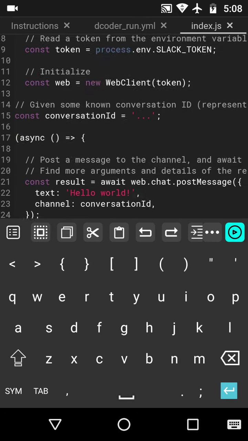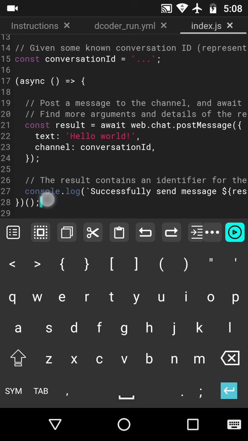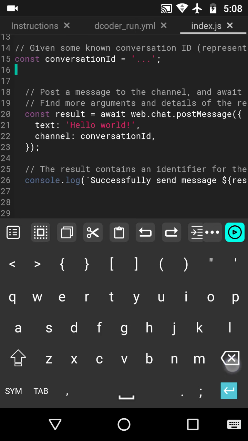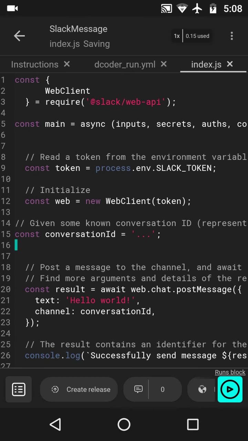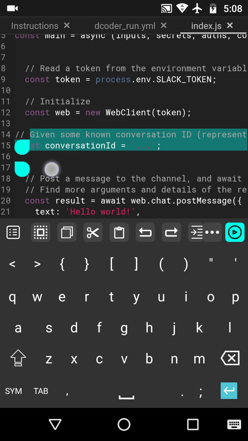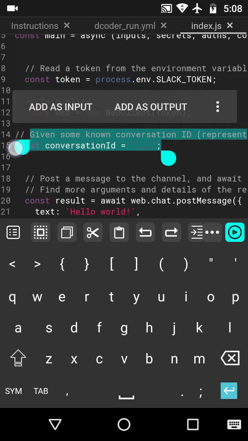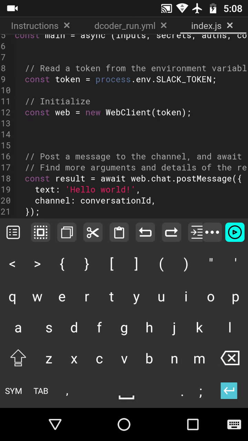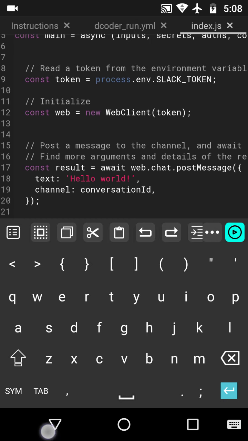And I'm going to paste this code over here. We don't need this async function inside, so let's just remove that. Okay, we also are not going to need this conversation ID over here, so let's remove that.